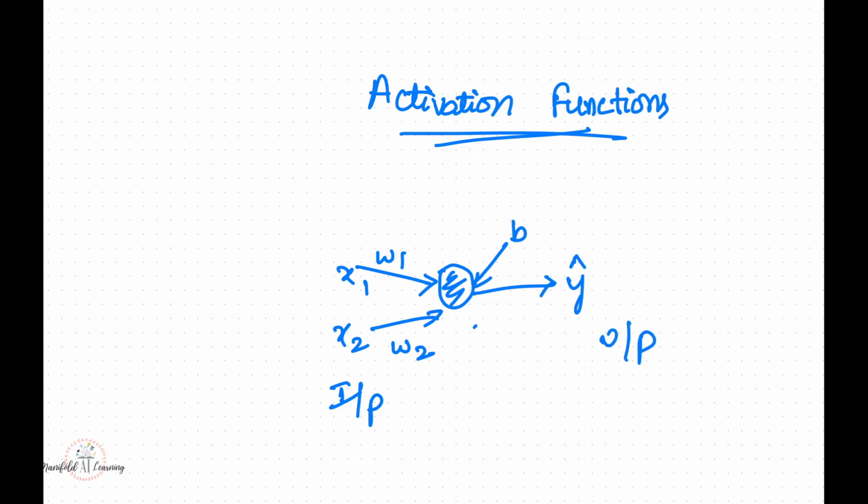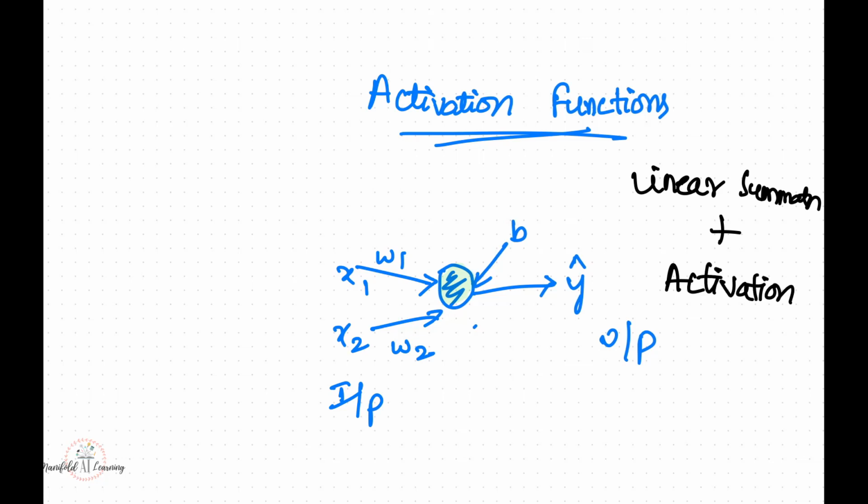Now, one black box that we have is: what is happening over here, which is actually processing my input and giving me the output? Let's have a deep dive and see what is happening inside it. If we deep dive inside this, it performs two important things. One is called linear summation, and the other is called activation.